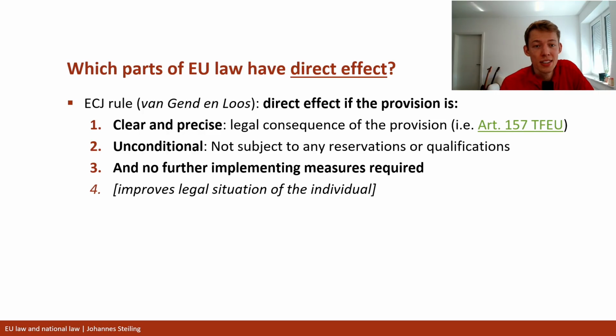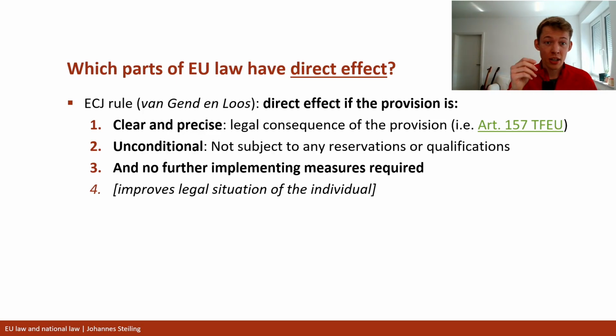So in that sense, it doesn't have to give me a subjective claim. But the ECJ says that in the case where individuals are affected, it has to improve the legal situation of the individual. So usually we can't use it to have negative impact for individuals. But this is also not generally true, because it is not true for regulations, because regulations can give rights and obligations to individuals. And in some cases, the ECJ has even held that primary law can give obligations to individuals.